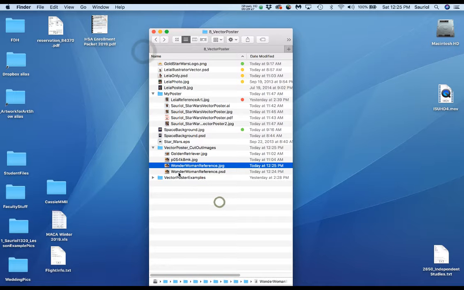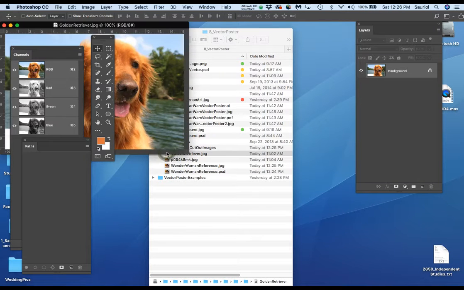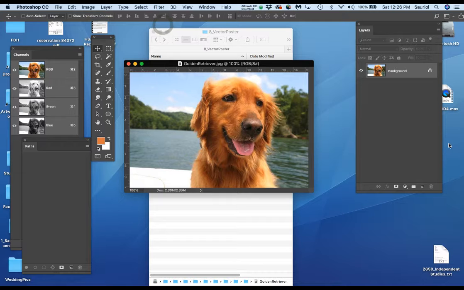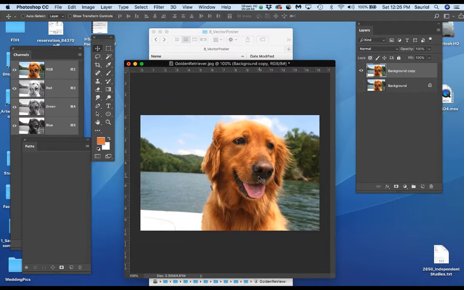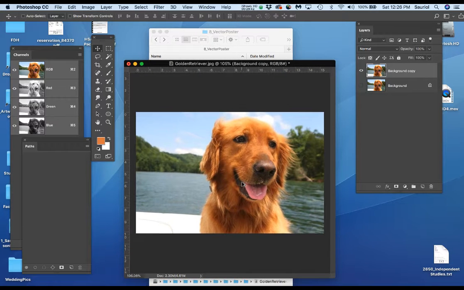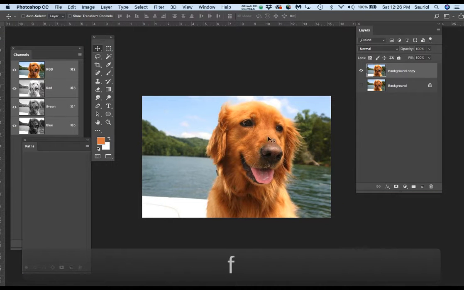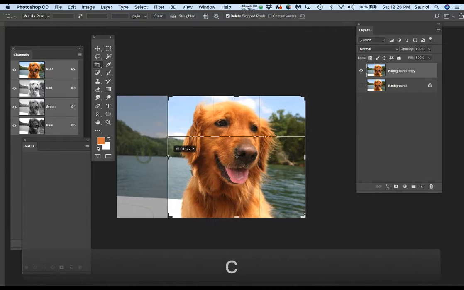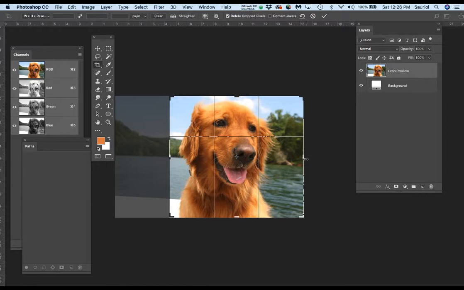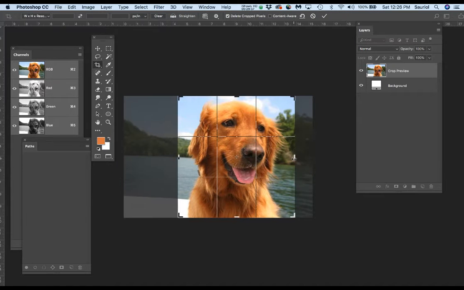OK, now let's open up the Golden Retriever. Now let's take the Golden Retriever and duplicate the layer. So if you wanted to make a stylized poster for whatever you want, find good reference. And now let's hit the F key, Brian, to expand it to full screen. And then I want to crop him. I don't want this to be such a wide thing. So I'm going to hit the C key. And I'm going to crop him down to about here and to about here,